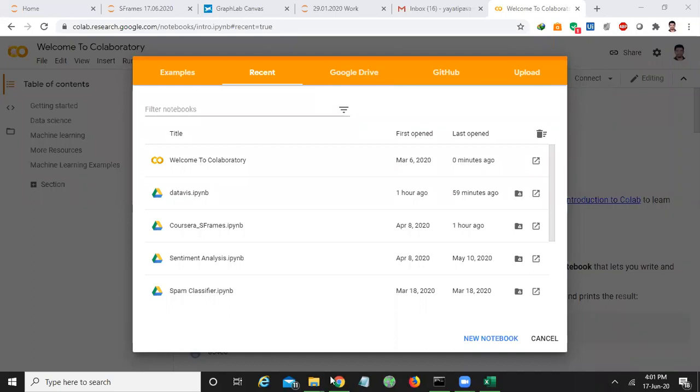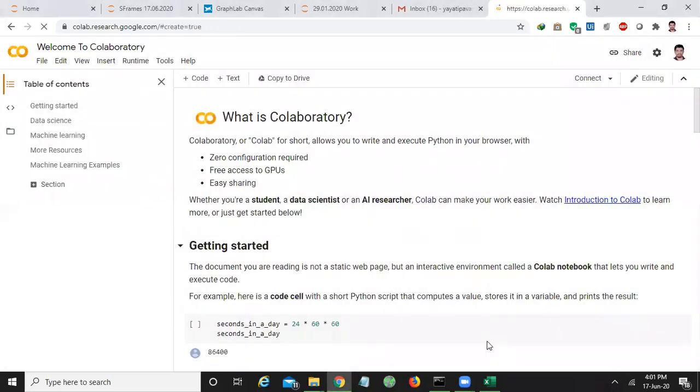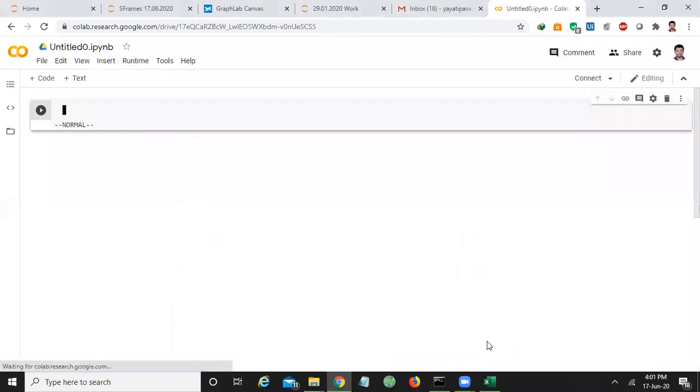Yes. In that, please click on new notebook. If you click on new notebook, it loads a new notebook for you, just like your Jupyter notebook.